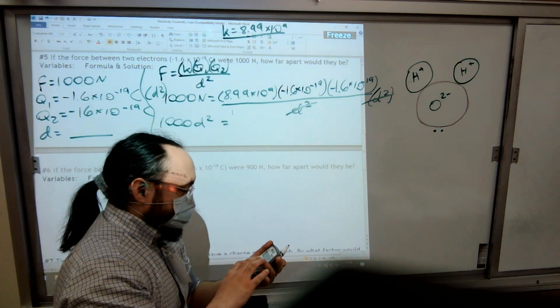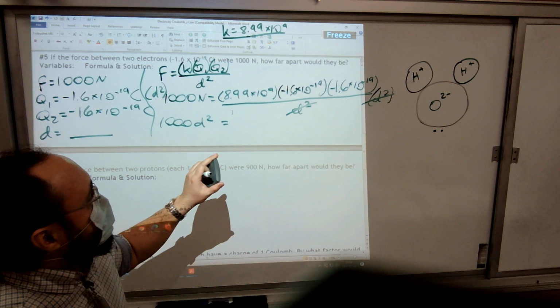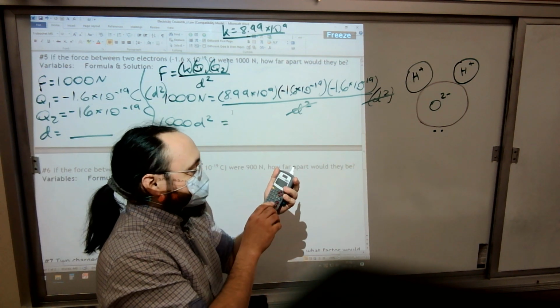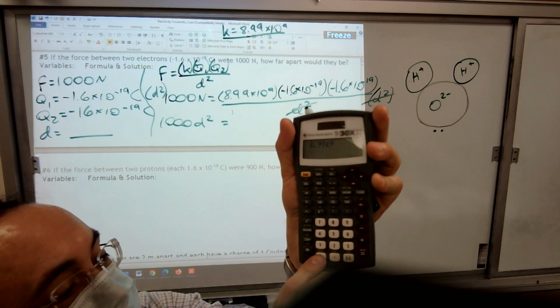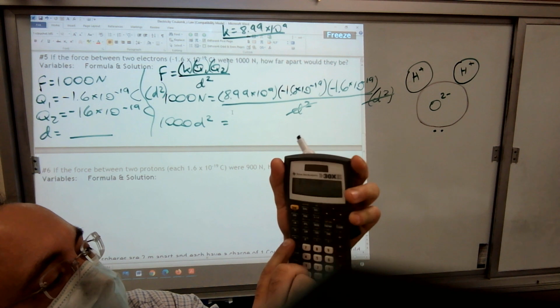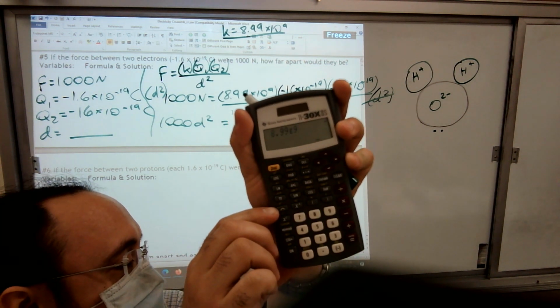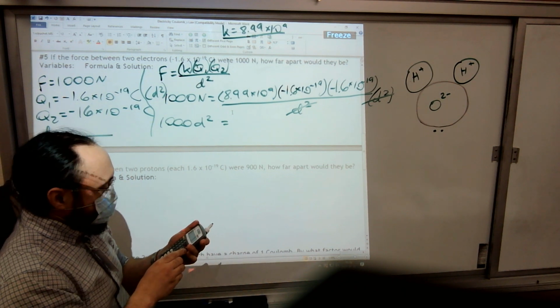So I've got 8.99 E9. That E means times 10 to the. So I don't have to say the times on the calculator, I don't have to say the 10 on the calculator, and I don't have to say the to the. I don't have to say times 10 or to the, because E means times 10 to the. So I say 8.99 E9